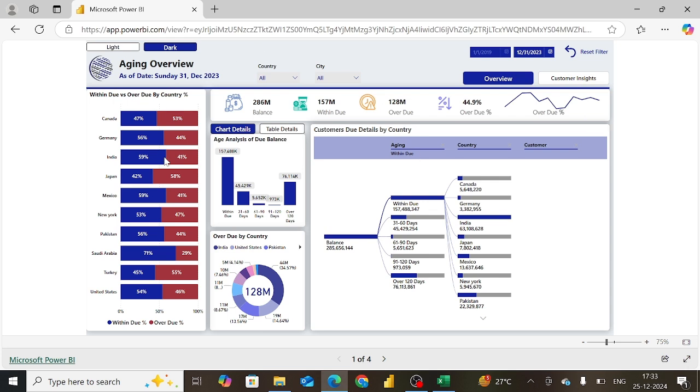So this is our customer aging dashboard. Customer aging dashboard refers to a report or analysis that categorizes a company's invoices from customers based on the length of time they have been unpaid. It helps a business understand which customer owes money and how long those invoices have been